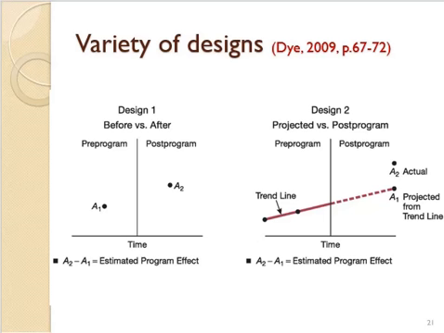In design 2 on your right, you can see you have pre-program versus post-program. So you have a timeline that you are using to ascertain the trajectories of your aim. You can see it there, before the program or pre-program, and then the middle line is the intervention. After introducing the intervention, you can see the projected